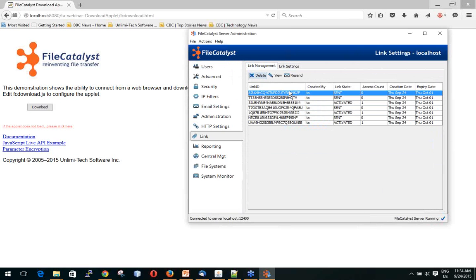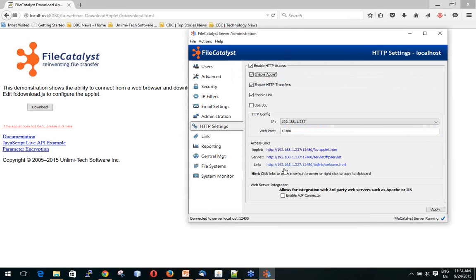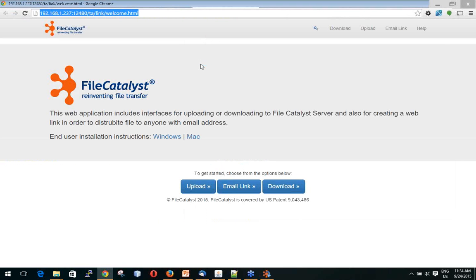So this is really the controlling part, the management part of the links. How the end user works with it is, if you go here and you click on HTTP settings, you enable HTTP, of course, and then you have a new link here called link. So all you have to do is just really have this link posted somewhere on your web server, and then if you click on email link,